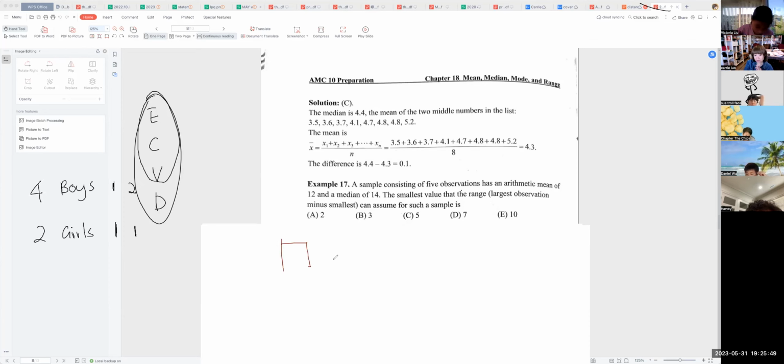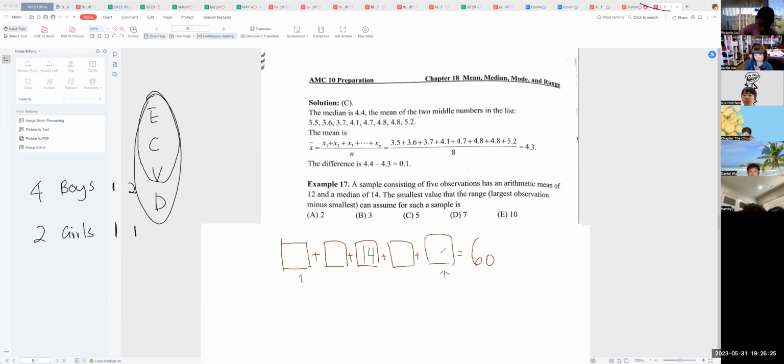This question is really good. So there are 5 observations, that means there are 5 numbers, with an arithmetic mean of 12. That means all these 5 numbers added together should equal what? Daniel? 60. Very good, Harvey. Good job. 60. Median is 14, that means the middle number is 14. Correct? So they want to know the smallest value of the range,